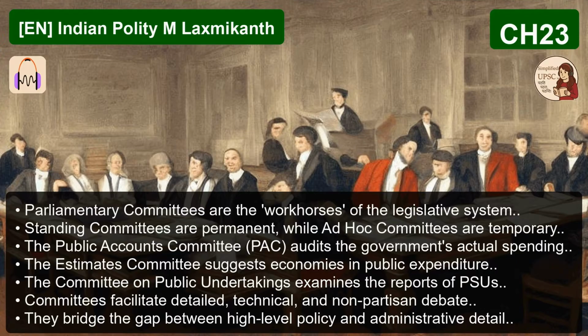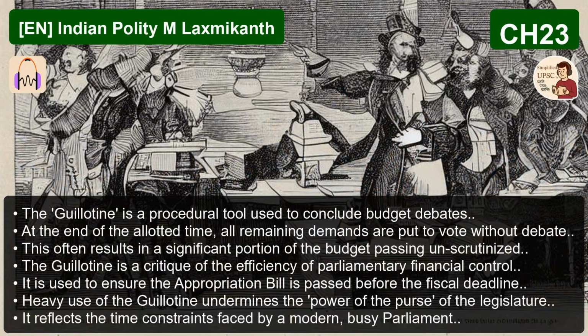Now let's turn back to the asymmetry of power between the houses. While the Lok Sabha dominates finance, the Rajya Sabha has several special and exclusive powers that underline its vital federal role. These are crucial distinctions. There are 4 primary exclusive powers that reinforce the Rajya Sabha's status and protect the interests of the states. What's the first one? First, under Article 249, it can authorize Parliament to make laws on a subject in the state list. This is a centralizing power, but the permission has to come from the Rajya Sabha, the voice of the states. So the states themselves have to agree to the center stepping into their domain.